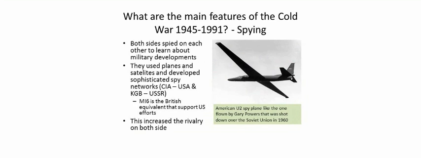And this develops, the technology develops to become even more sophisticated. Satellites, spy planes, for example, the U-2 plane that you can see there, were used to take photos of installations, and also, as you shall see, become, as they are shot down, big issues internationally. MI6, the British equivalent, James Bond, does become part of this and does try and help the US efforts.